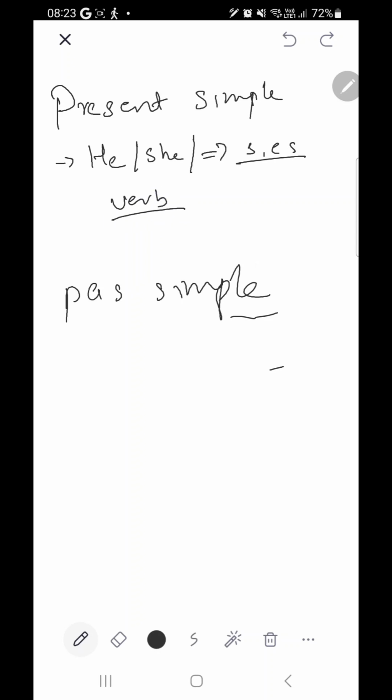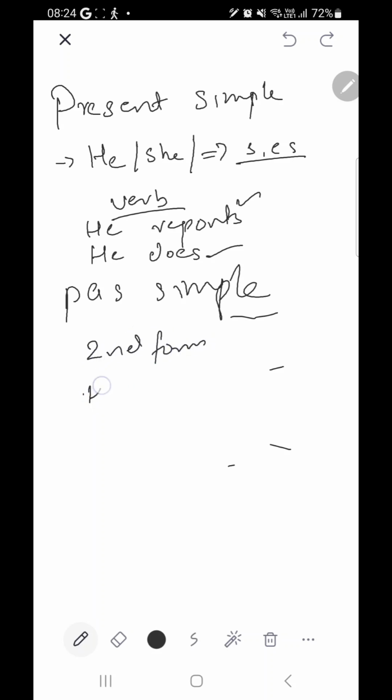Okay, let's say he reports, right? Like that, or he does. We use an "es" with that. He does not smoke. He reports that he has been having, let's say, whatever. In past simple, we can just use the second form. For example, he presented, he reported, right? These are a few basic grammar rules that we already know, but just to quickly revise